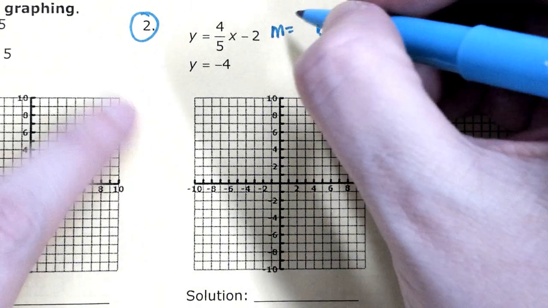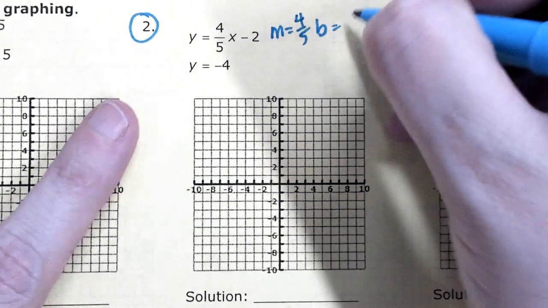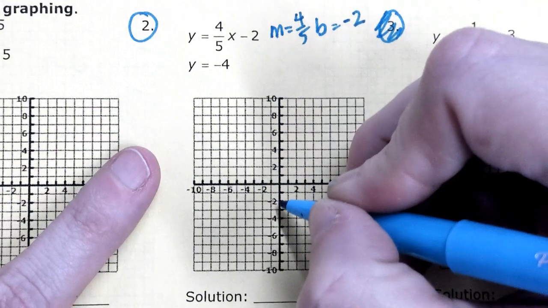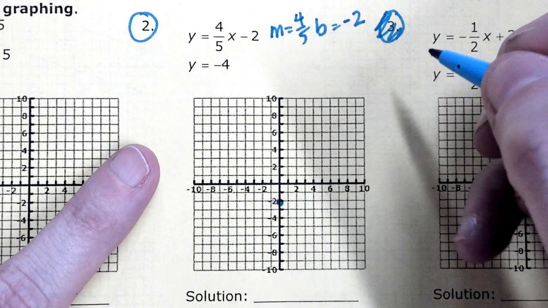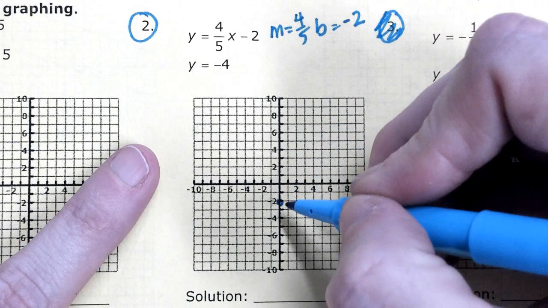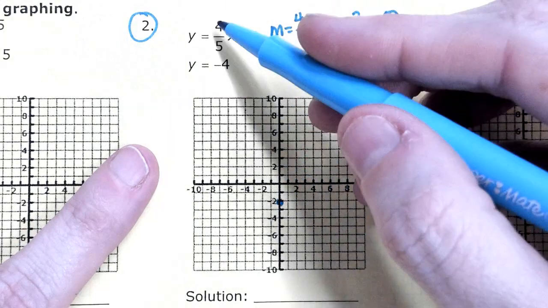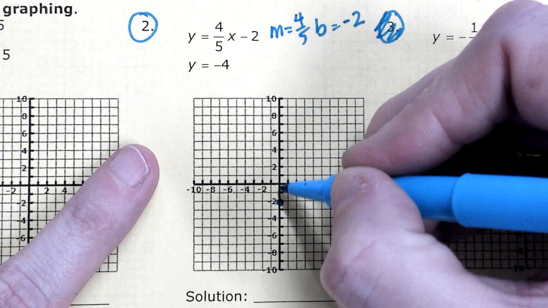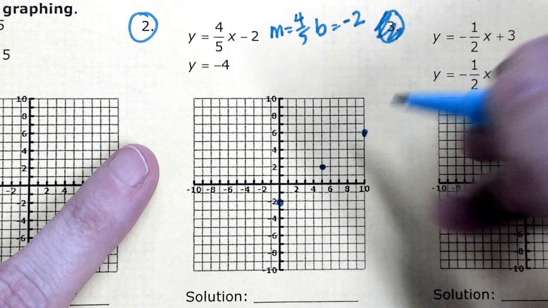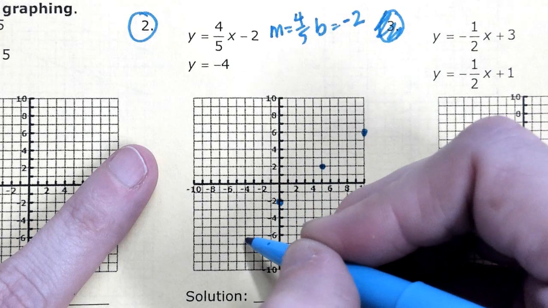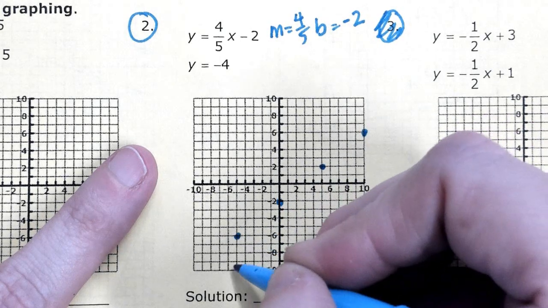Okay, so my slope here is 4/5. My y-intercept is -2. So I'm always going to start at my y-intercept, and I'm going to graph from there. Okay, so I'm going to rise 4, since my slope is positive 4/5. I'm going to rise 4 and run 5. Rise 4, run 5. And then I can continue that pattern by falling 4 and going back 5, falling 4 and